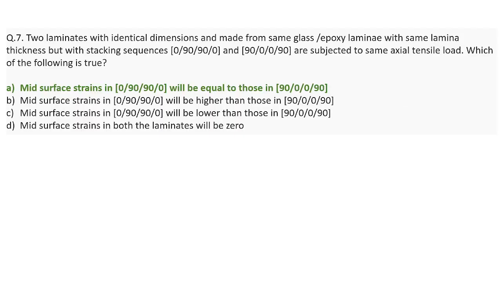Now, the next question is, two laminates with identical dimensions are made from the same glass epoxy lamina with the same lamina thickness, but with stacking sequences 0, 90, 90, 0 and 90, 0, 0, 90, and are subjected to the same axial tensile load. Which of the following is true? So here they talked about mid-surface strain. So mid-surface strain is when there is